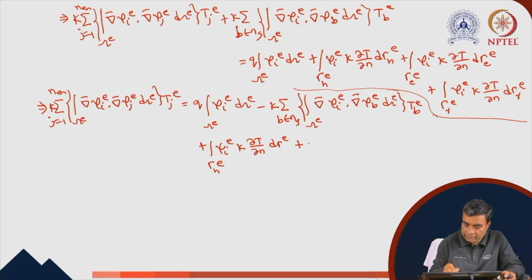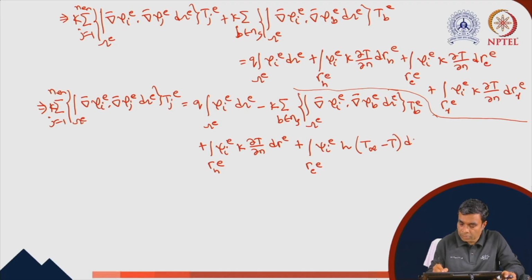This can be found as integration over gamma convective e of psi ie into convective heat transfer coefficient into T infinity minus T into d gamma convective e, plus the radiative contribution. This comes as integration over gamma radiation e of psi ie into